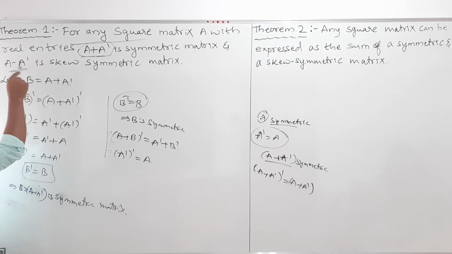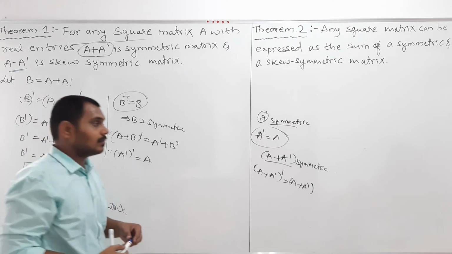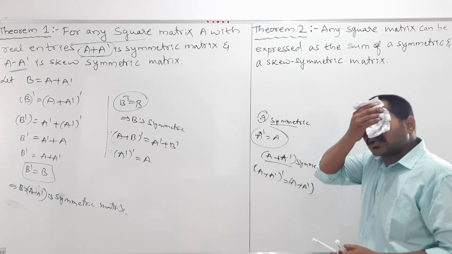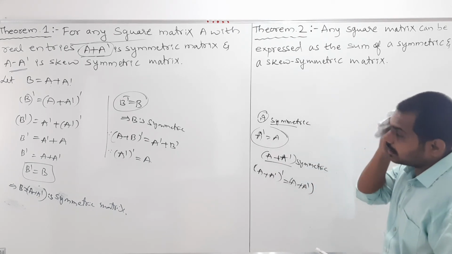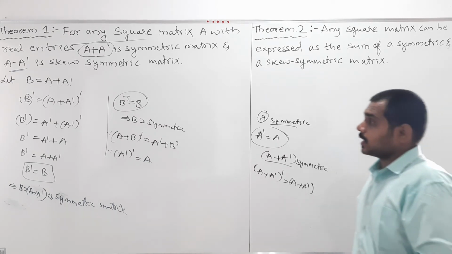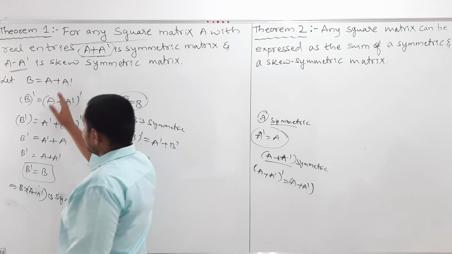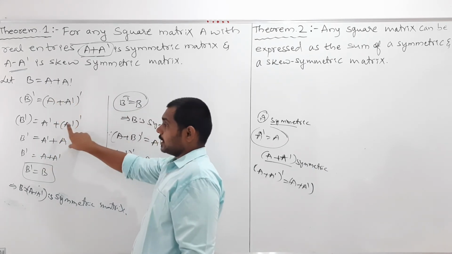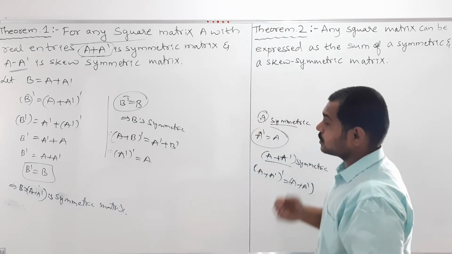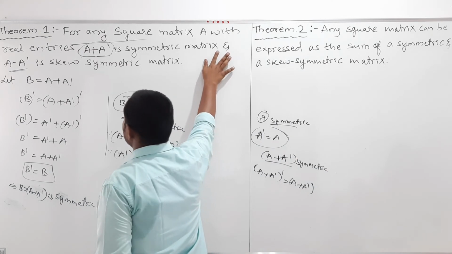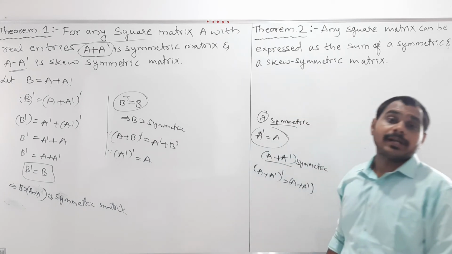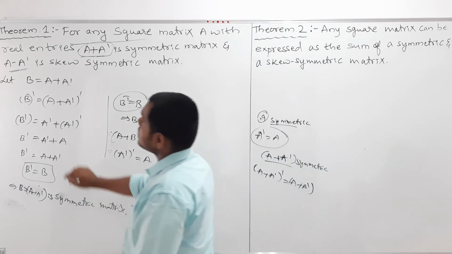Next, my dear students, I should take A minus A dash as the skew symmetric matrix. I hope you understood. Still, if you have any doubts, you can comment and I'll reply for this theorem. Whatever you comment for your questions, I'll reply. Next one, students, this is where I use the results that I wrote here. Clear? Next, my aim: up to here I solved. Next, they also asked A minus A dash is a skew symmetric matrix.